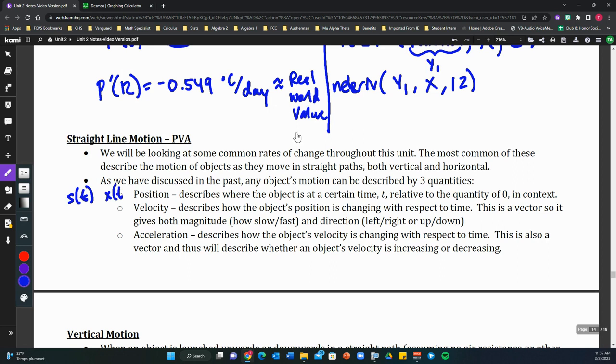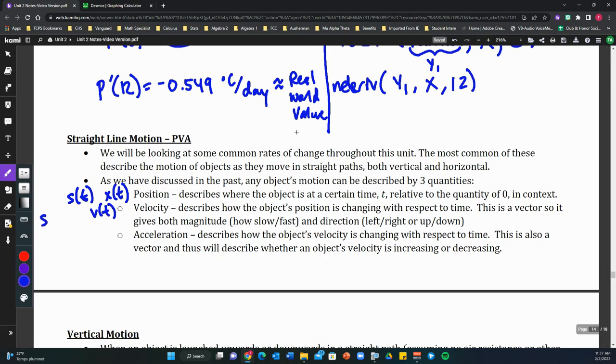With horizontal motion, a lot of times we use x of t. It doesn't have to be that. That's just the common practice when we're talking about this. But then we get into the derivative quantity, so the change of position. So that would be velocity. So the velocity quantity or function, and really no matter which kind of motion, we represent that as v